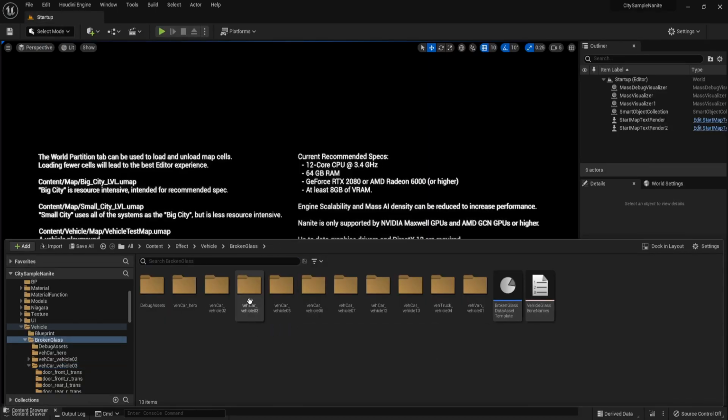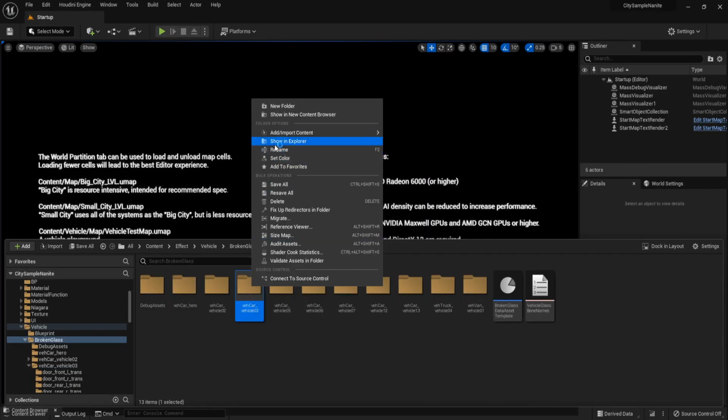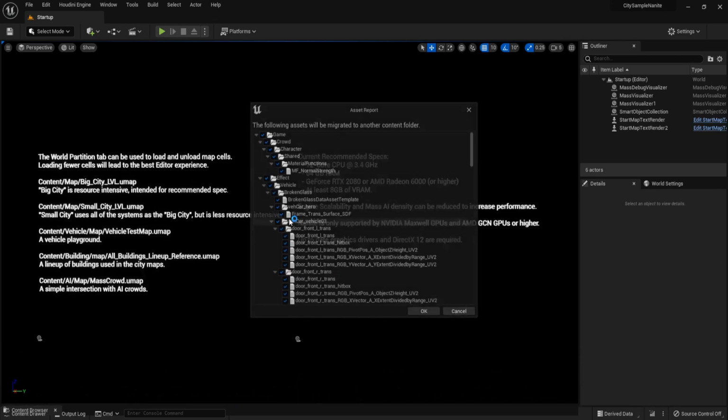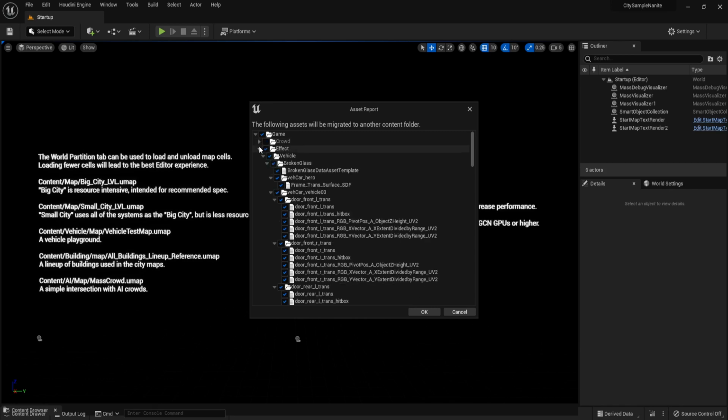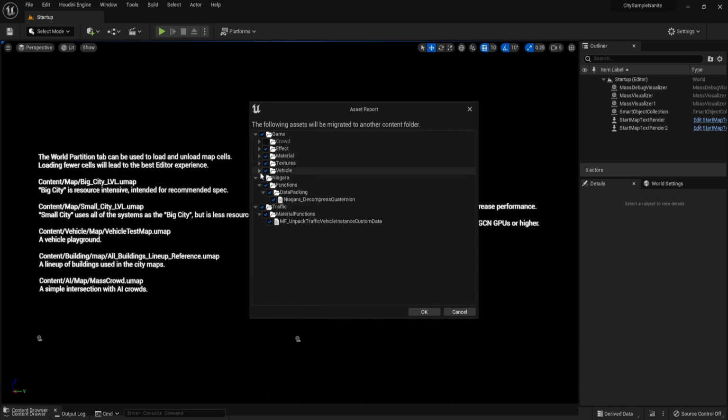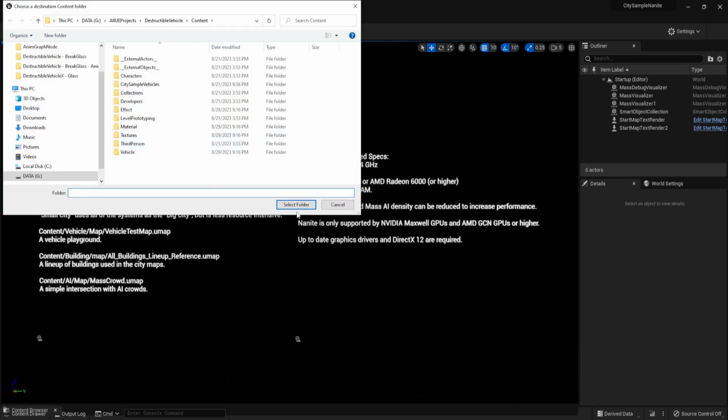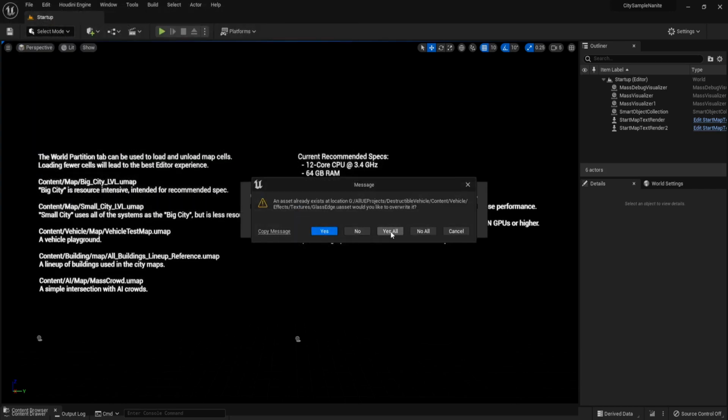It is the glass of the vehicle. From this vehicle 3, right click and then migrate. Disable this Crowd and this Niagara and Traffic, and click OK. Then select folder, and we have the asset that already migrated.